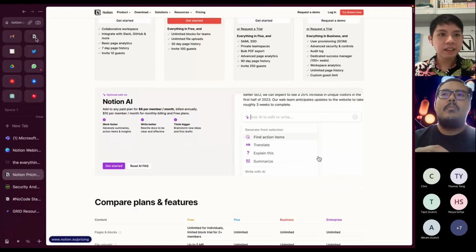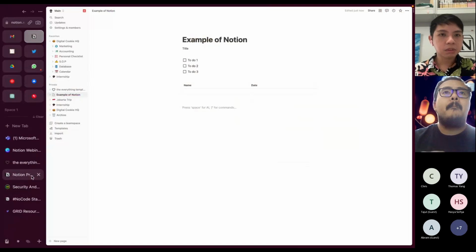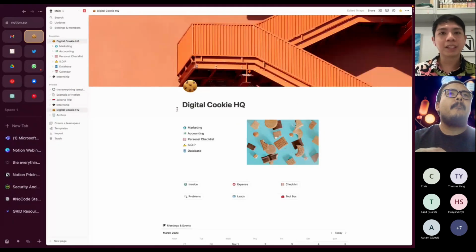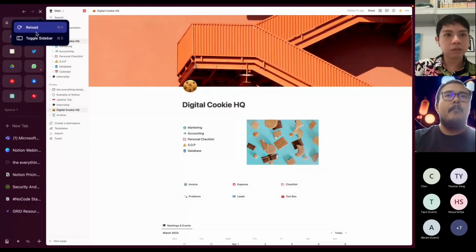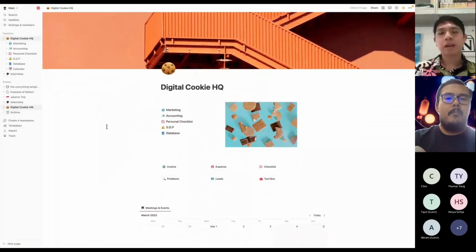So yeah, enough explanations about Notion. Let me go through a few examples and use cases. These are either things I'm using personally for myself or examples that I built for my clients. So I'm going to show you. Let me just remove this toggle so that it's more full screen.